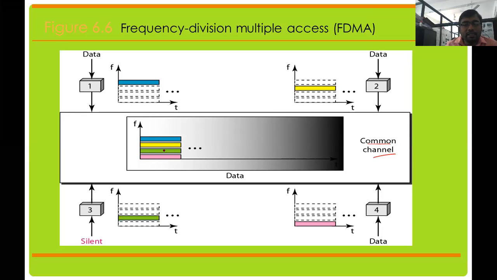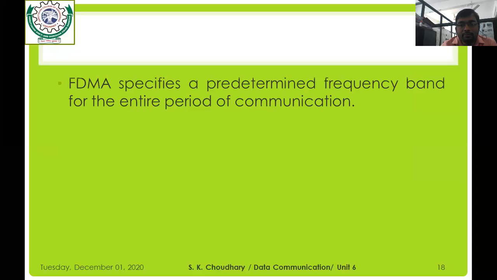Each band of frequencies is separated from the others by guard bands, so that they do not overlap or interfere with each other's information. In this way we transmit the data in the FDMA technique,